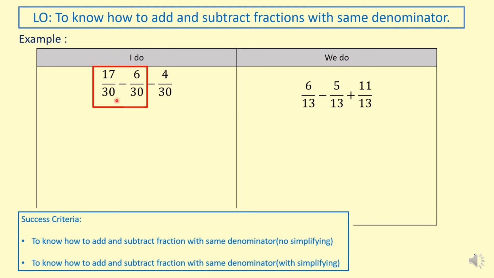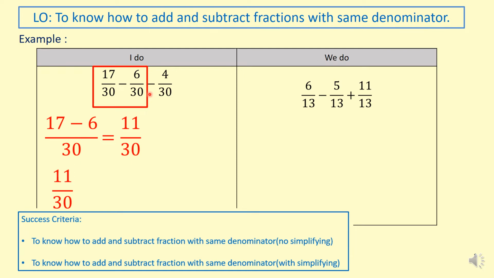I look at the denominators, so they are the same. So what are you going to do? I'm going to write one of the denominators and subtract the top. So I just wrote one of the denominators. I do 17 take away 6, which is 11. So my answer is going to be 11 over 30. So I found the answer for these first 2. So I'm just going to rewrite it in here. Then I have the answer for this one. I haven't finished yet. I have the answer for this one, which is 11 over 30,